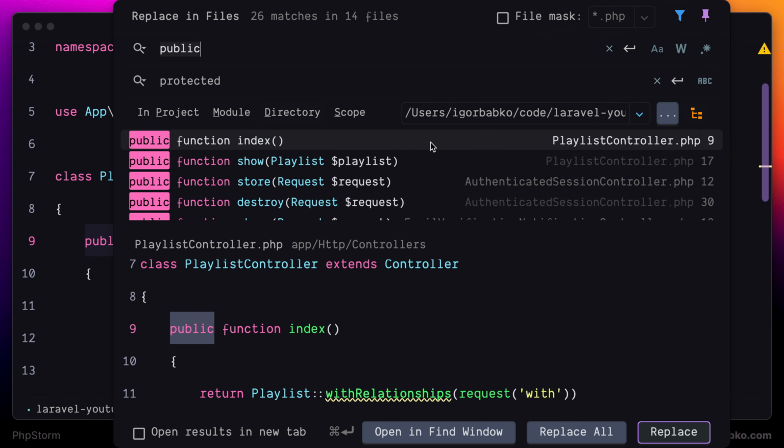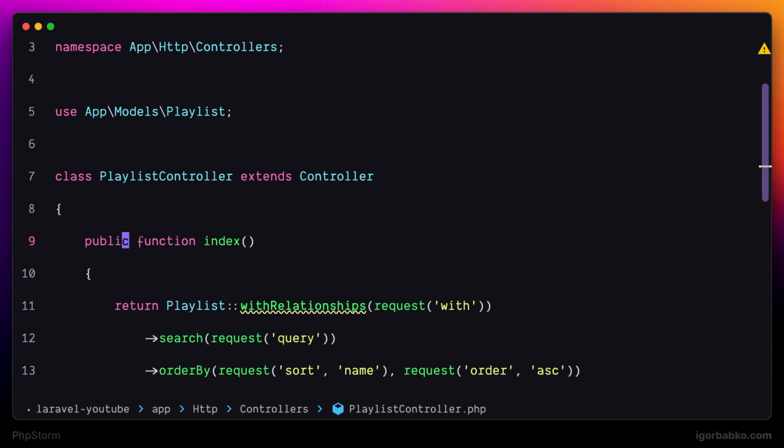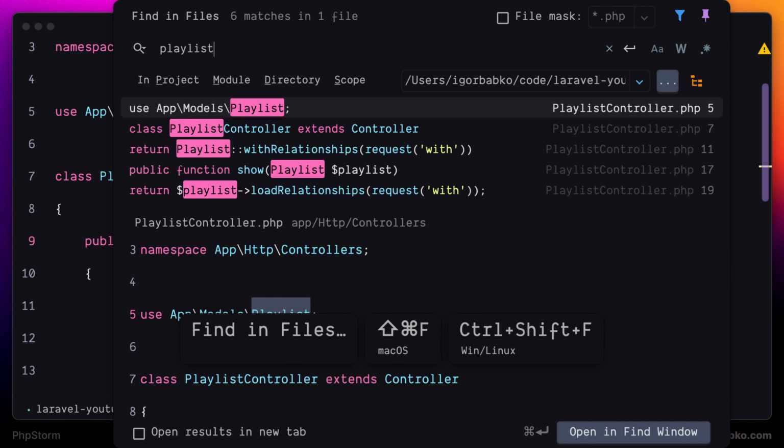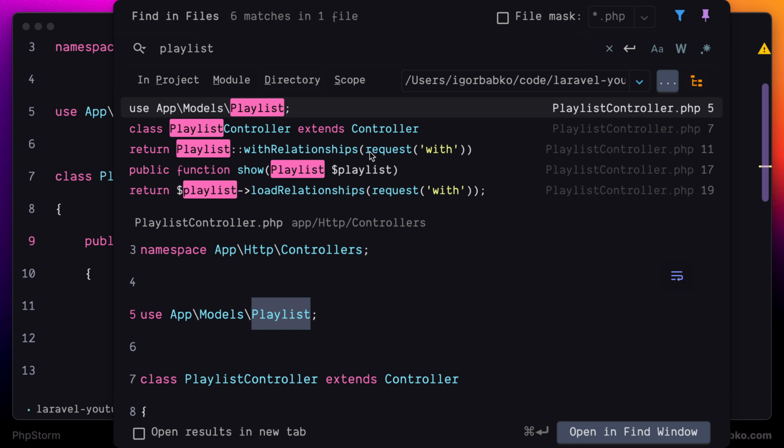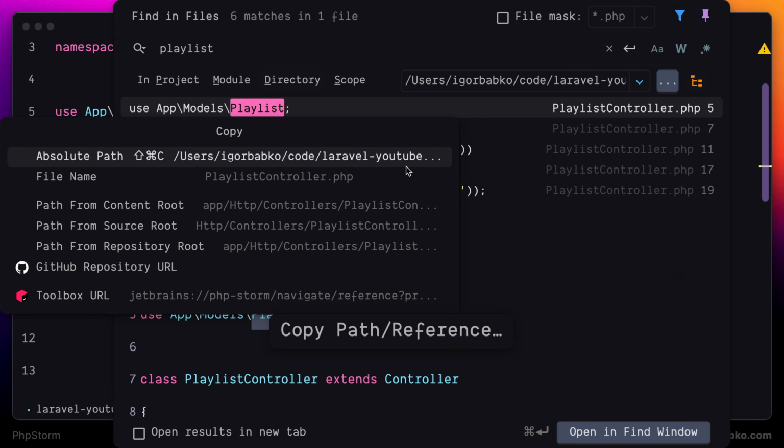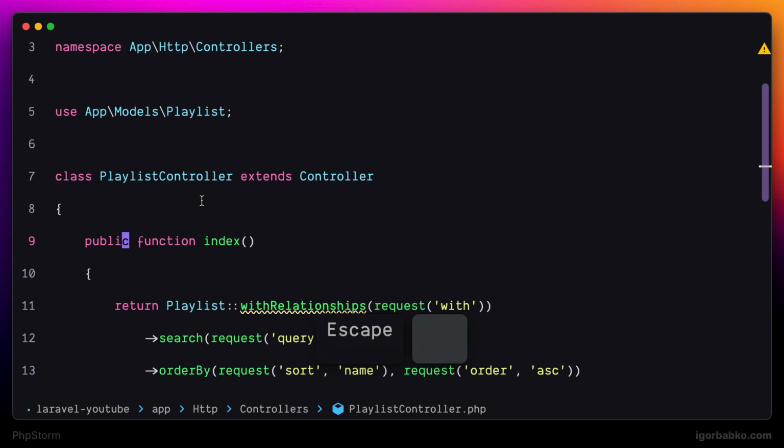And finally, one more little tip. If we right-click on any search result in this global search panel, we have several options to copy-paste that file that we have just right-clicked on, whether it will be an absolute path, a relative one, or basically a file name. And that's about it for this